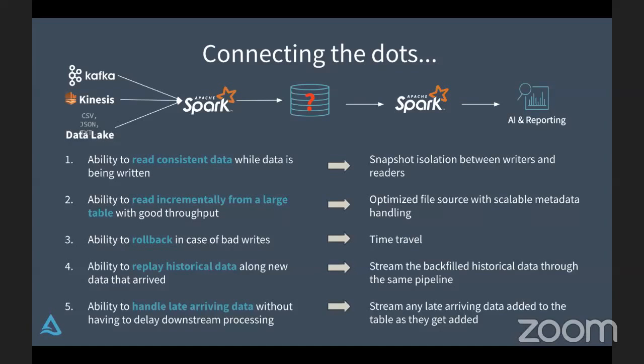All right, and then, just as important, I want to be able to stream any late arriving data and add it to the table as it gets added, right? This is the concept that I have data coming in, and when the data is coming in, I want to be able to make updates to the data, or do deletes to that data. Well, guess what? With Delta Lake, I'm able to do that now because I have ACID transactions protecting this data the entire time. Because I'm able to protect the data without any problem, sure enough, I'm able to